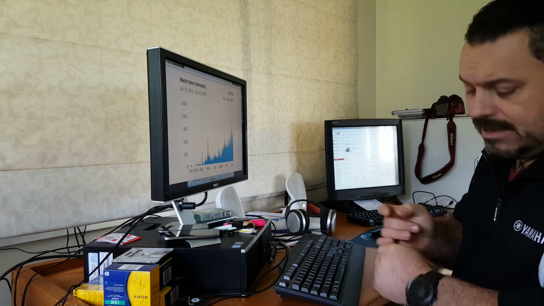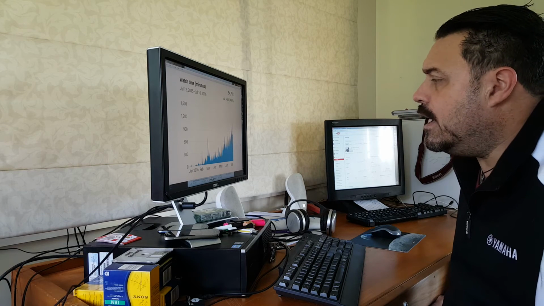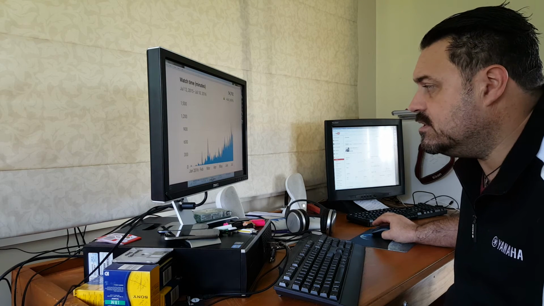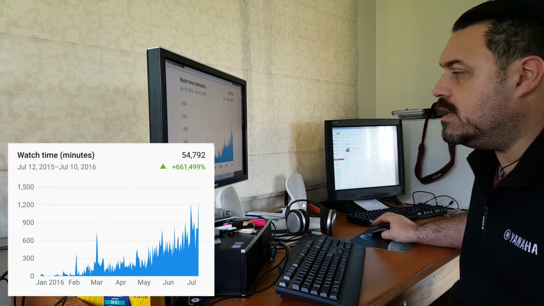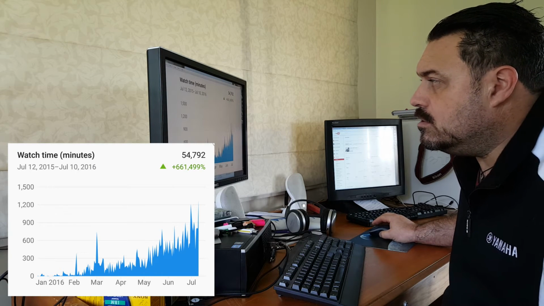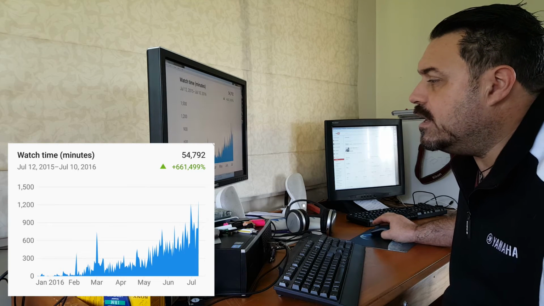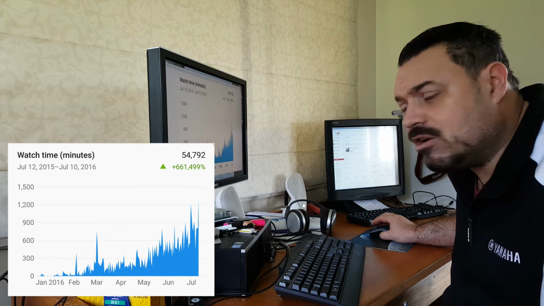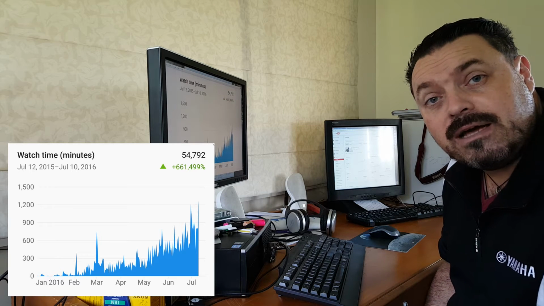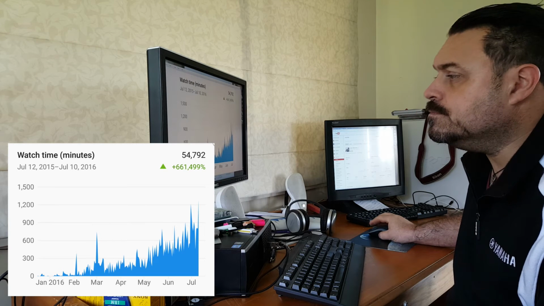So if we look first of all at watch times. Now, today is the 13th of July 2016, and I've started the graphs basically from the start of January this year, so it gives us pretty much a 6-month period. You'll see on the graph just how the watch time in minutes has picked up, really since sort of March it got going. Now there is a bit of a peak during March. Let me explain that. That's my students starting to watch the videos at the start of their semester.